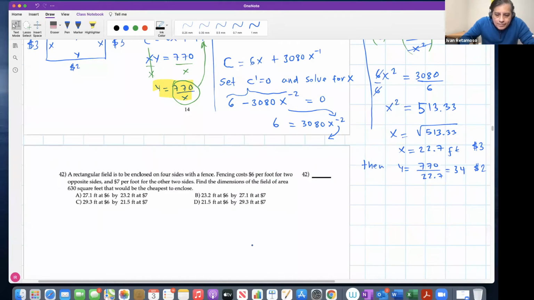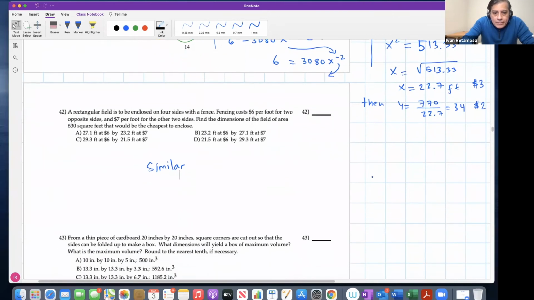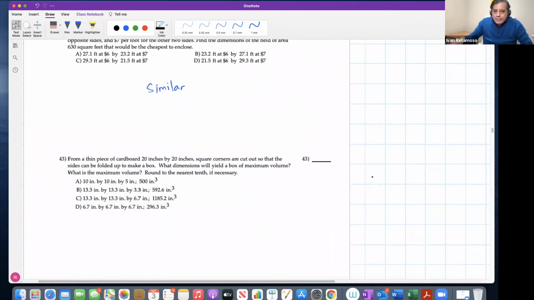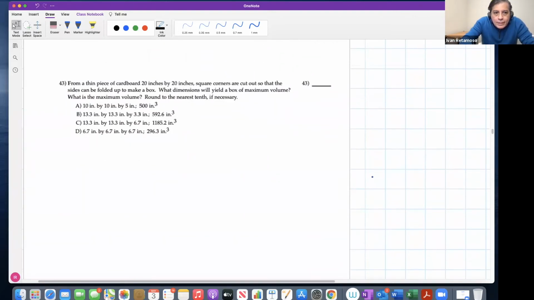This one is similar. I'm going to skip it. Try to do it at home. Follow the same method, it is equivalent. Let's go over 43. Okay, 43 talks about